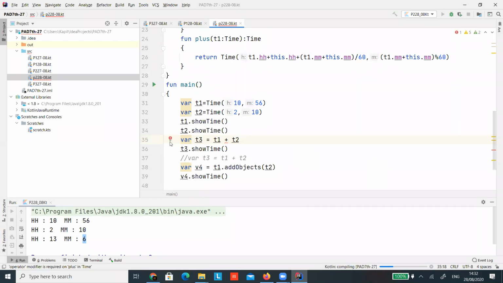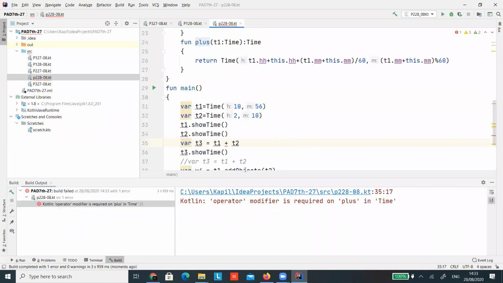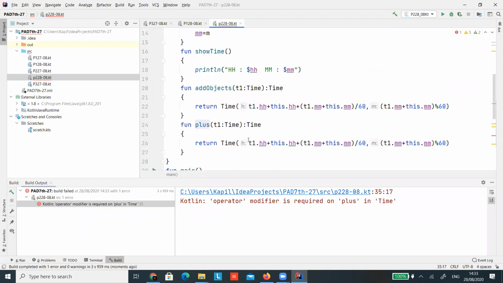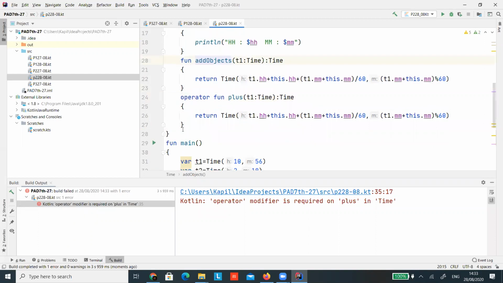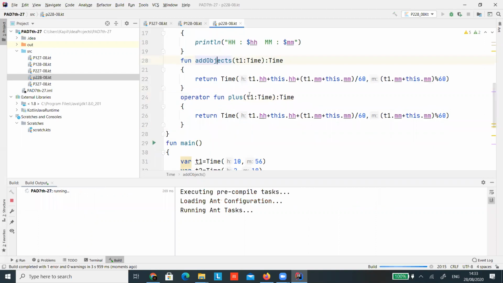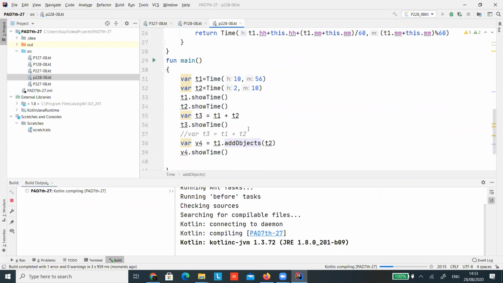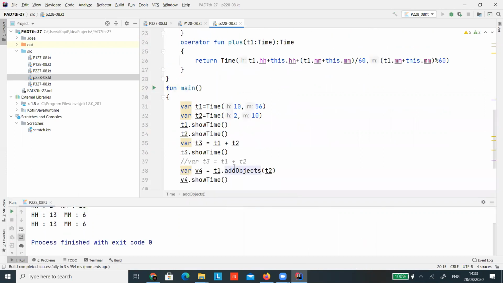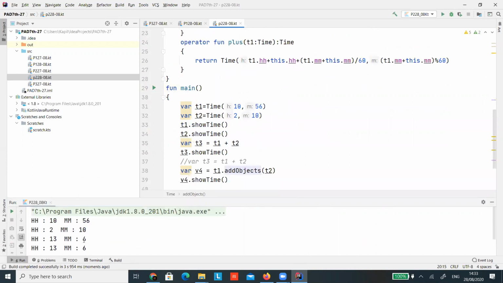If it is not working, then an operator modifier is required. Here I made a mistake. I think so. Now you can see it is possible.